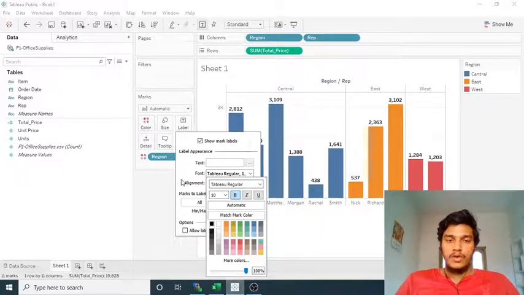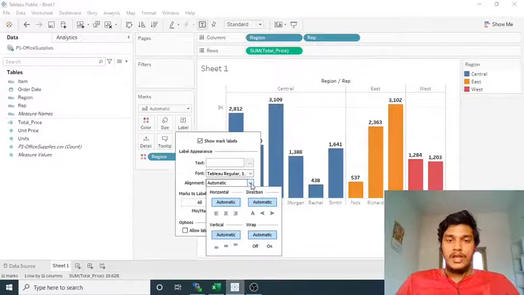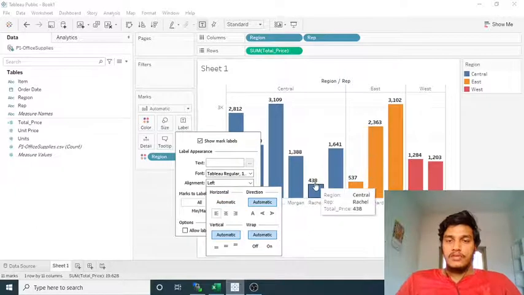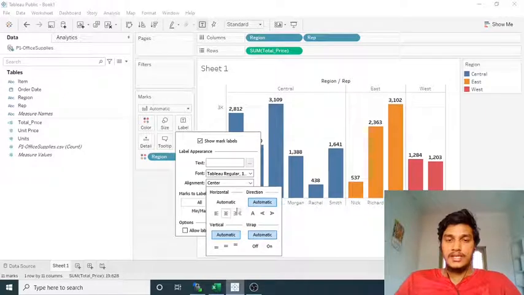So this is how you can do alignment, and we have a lot of alignment options. Suppose it is a text and you want to do left alignment, right alignment or middle alignment, then you can click here. If you consider Rachel, previously it was in the middle, now it has come to left align. If you click on the center, it is again center aligned, and if you click on the right align, it is again right aligned. For now I am making it equal to.